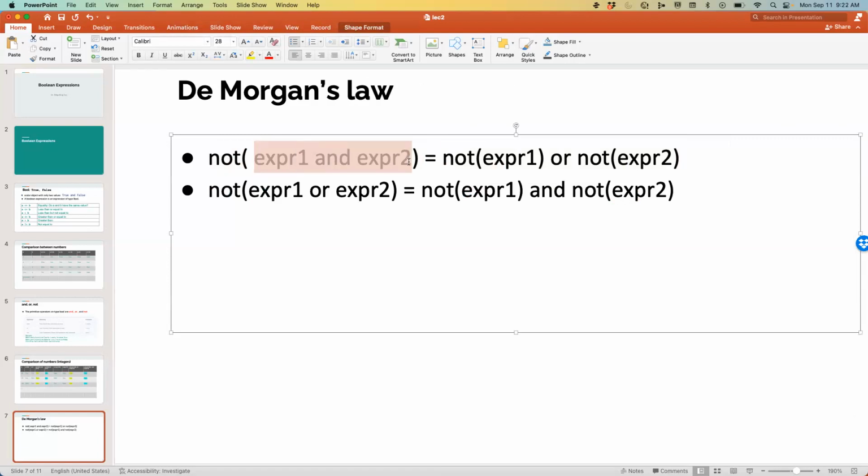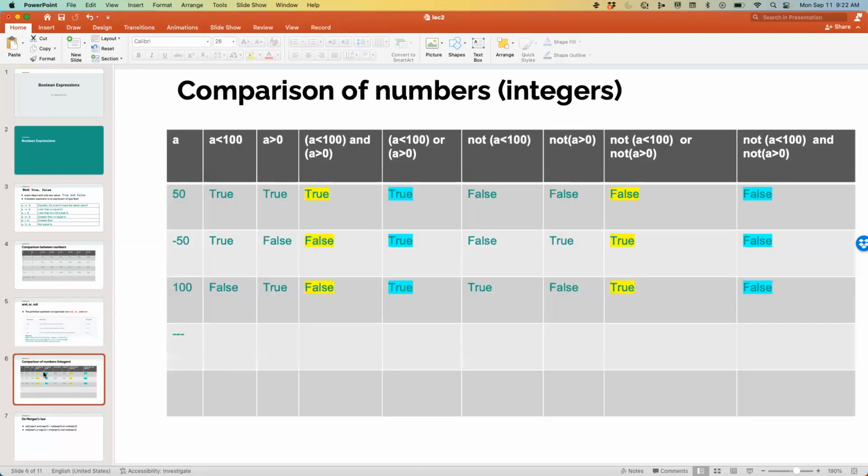Okay, so this is what we call De Morgan's law. What I showed you is just using an example; you can prove it mathematically. Now, what I'm going to ask you is this. If you look at here,